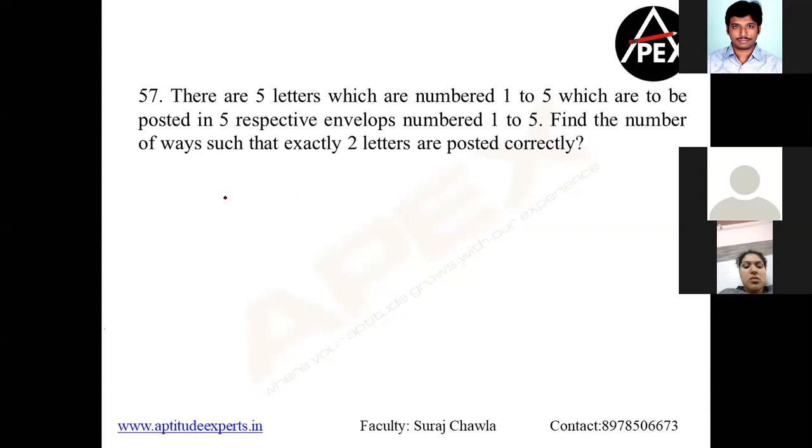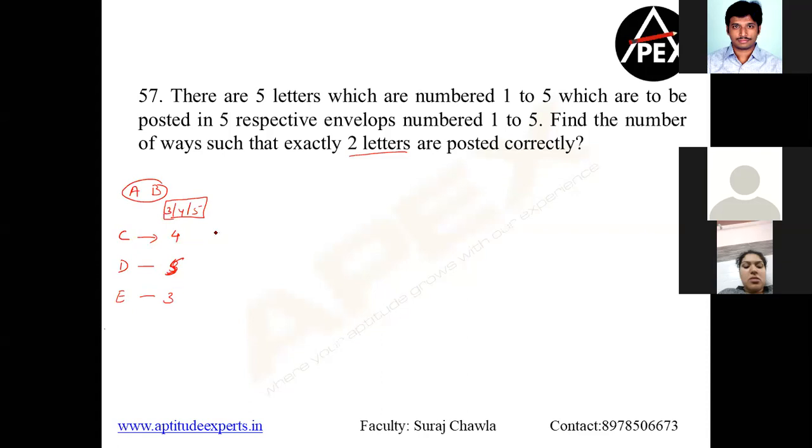You can do manually also first. Now, which two letters are posted correctly? Suppose I take A and B are posted correctly. That means C should not go in the right envelope, D should not go in the right envelope, and E should not go in the right envelope. Let me assume that the respective envelopes are 3, 4, and 5. So C should not go to 3. Let me take C to 4. If C is going to 4, then where will D go? E should not go to 5, right? So D has to go to 5 and E will go to 3. Clear? No other option with 4.